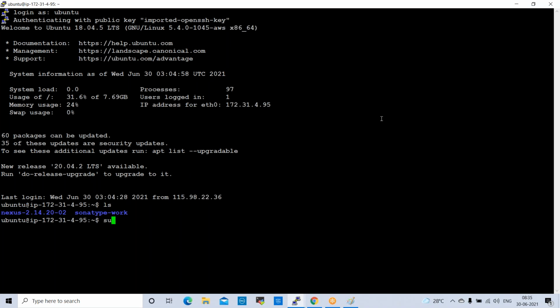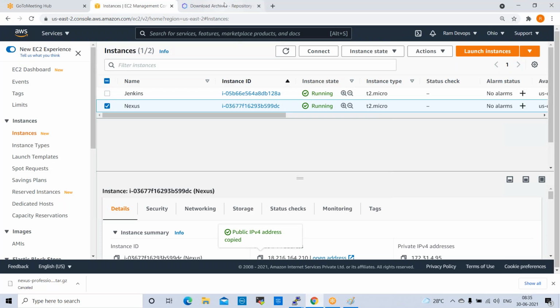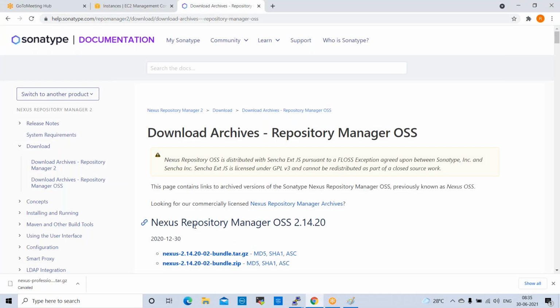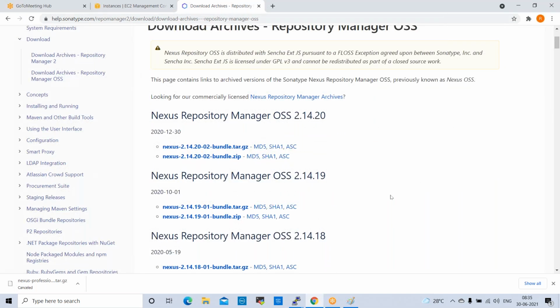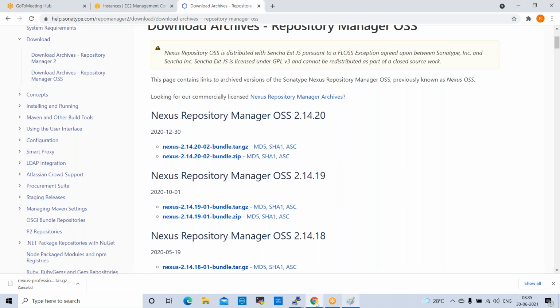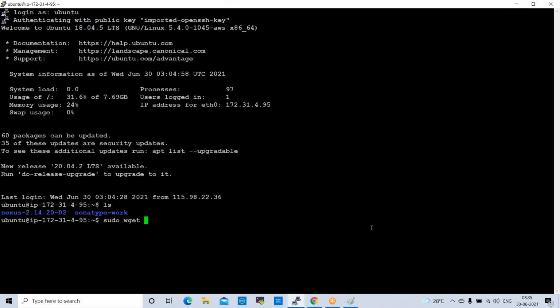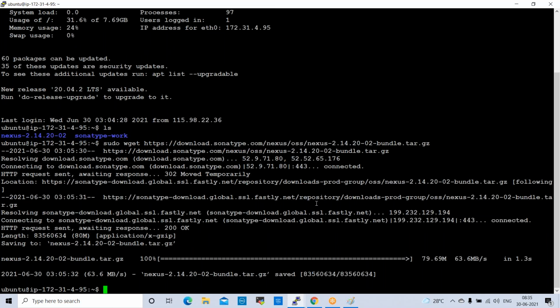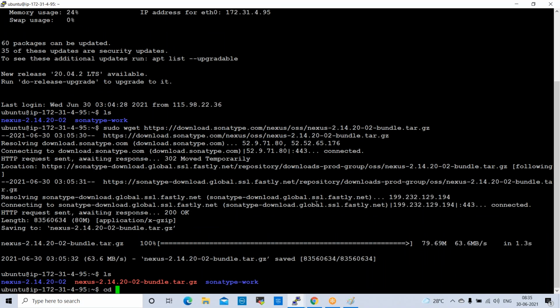Okay. Sudo wget, open link address. ls here, cd nexus, not this one. First we need to untar this, right?